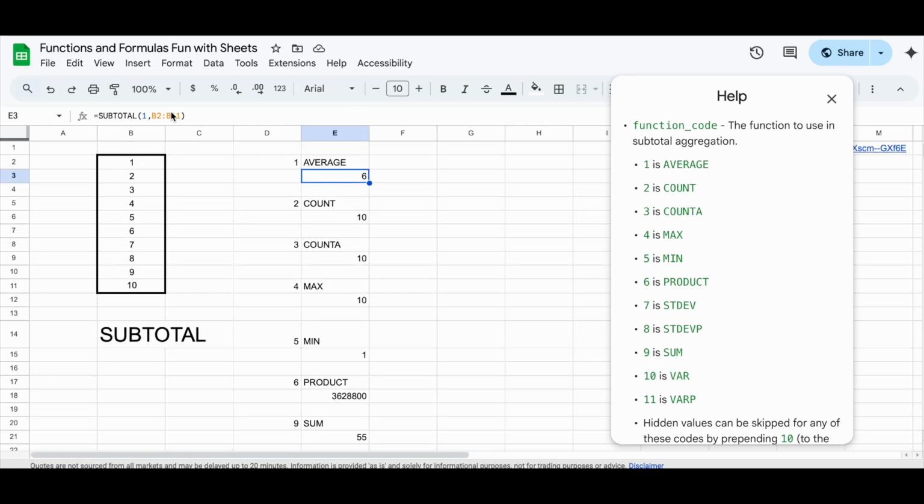And so the basic syntax again is you write subtotal, and then you write one of these numbers, and then you write the range. Here's my data set right here, and that is my range. If I want to average these numbers, I can do that. If I want to count them, or count A, or max, min, product, sum. But what I found is that I can do subtotal, and instead of 1 or whatever, I can just put in the